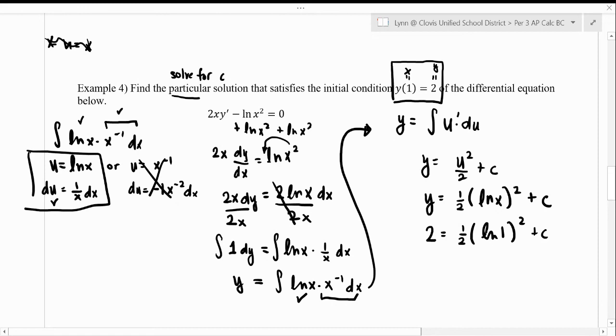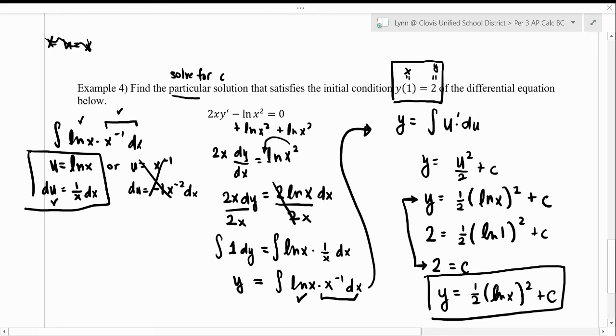So the natural log of 1 is 0. If you didn't know that, you should know that. So this would just all be 0 plus c. So then that means c is equal to 2. And then now for the final step, you're going to take that equation that you solved for here, and you're going to replace c with 2, and then that will be my answer. And then again, one more time, I cannot pull this power of 2 down to the front because it's all of this being squared, not just the x. Okay, so that is